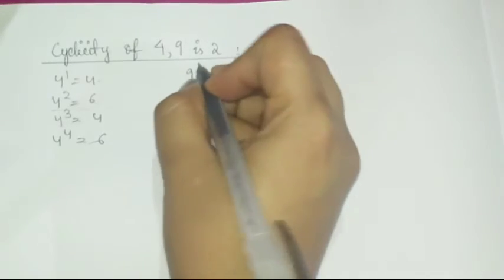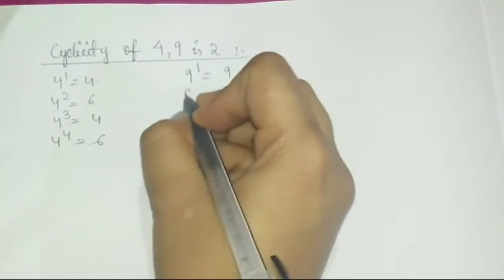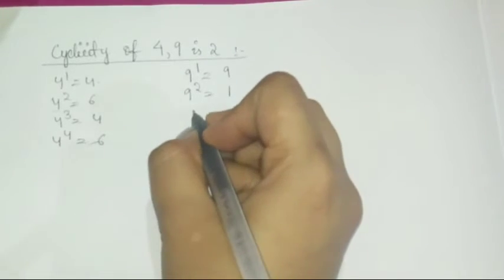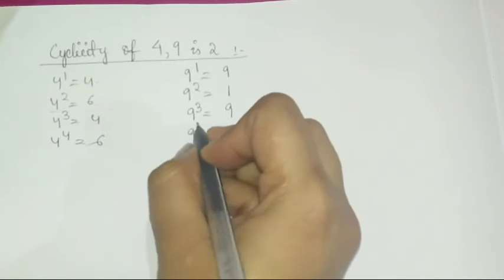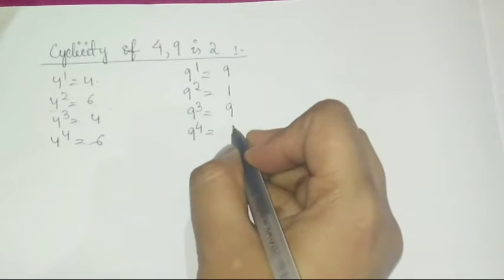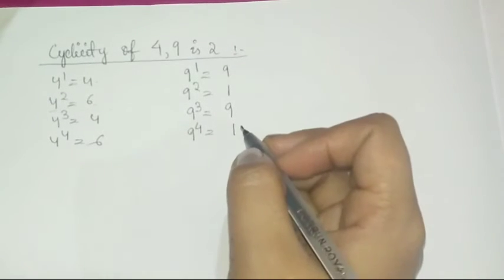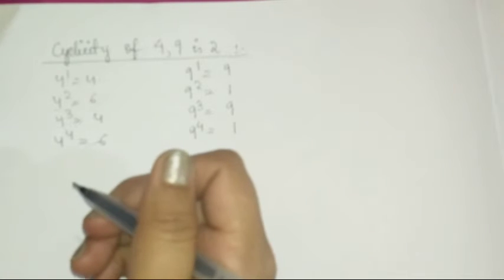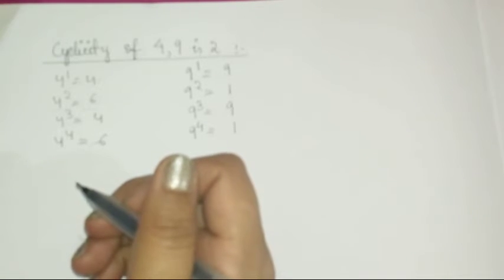Similarly for 9, 9 raised to the power 1 is 9, 9 square is 81, where the unit digit is 1, and 9 cube, again its unit digit is 9, 9 to the power 4, again its last digit is 1. So from this, what we can conclude is, whenever any question is given to find the last digit of a number ending in 4 or 9, there is a short trick that you can use to find its